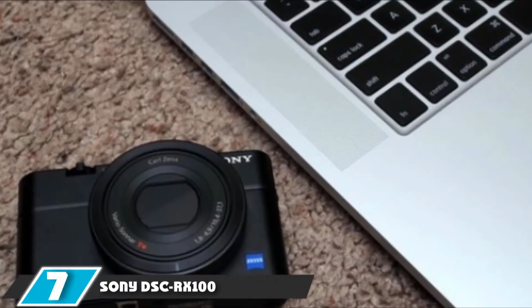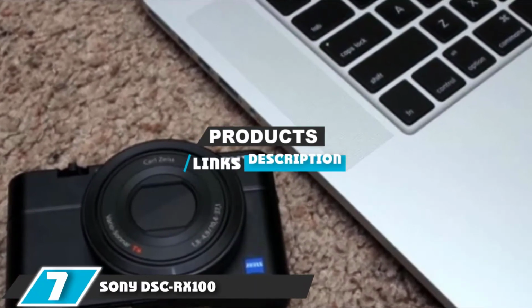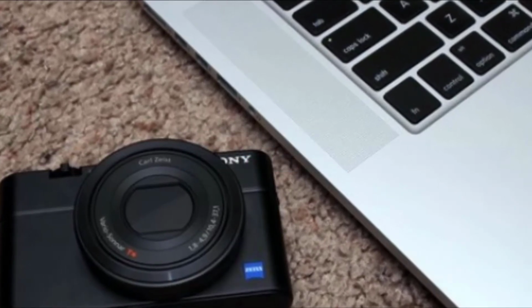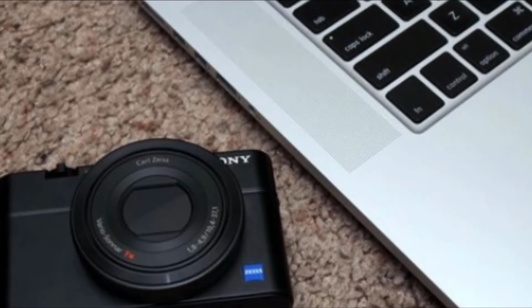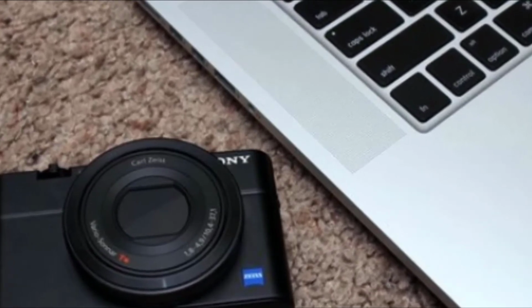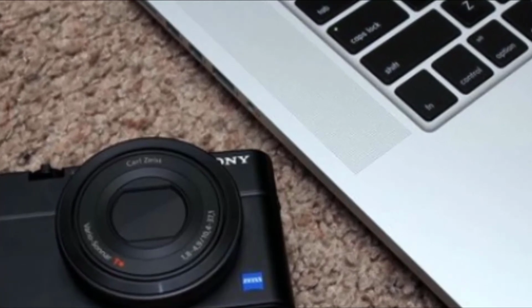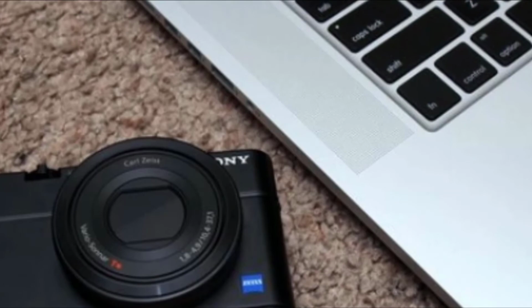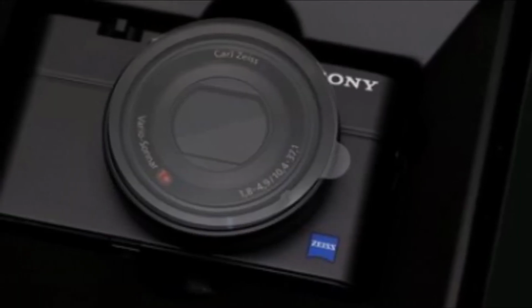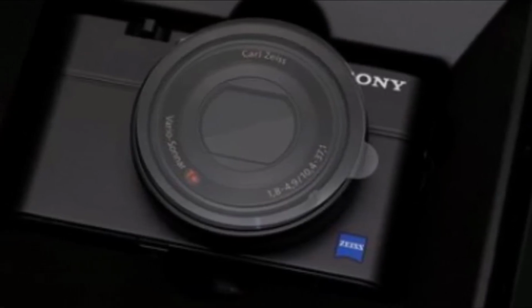Next at number 7, we have Sony DSC RX100 Compact Digital Camera. The Sony Cybershot DSC RX100 III offers excellent performance in low light and all around, with its 1-inch 20.9 megapixel sensor being very large for such a compact camera. Over the previous model, this camera has the newer Bionz X image processor, more features, and more options for shooting